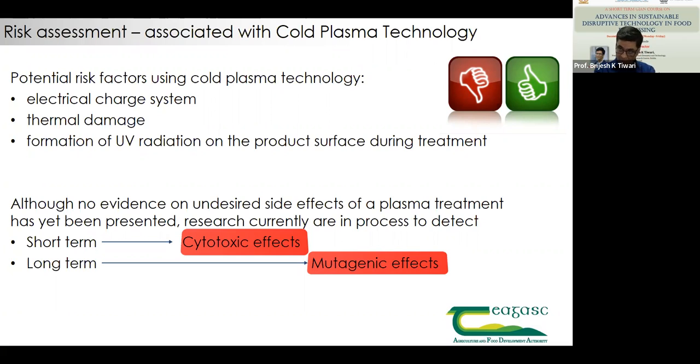EFSA has its own way of risk assessment. FDA has its own way of risk assessment. FSSAI may have their own. There are different agencies: Australian, South African, Chinese Food Standards Agency, UK Food Standards Agency. They have their own frameworks. But the easiest one, easy in terms of obtaining the information, is from FAO or WHO. And it is very interesting to see how you can develop the risk assessment for your own technology, what you're working on. For example, over here, when it comes to cold plasma,